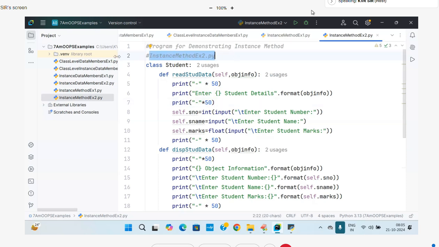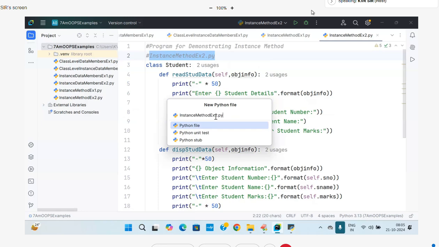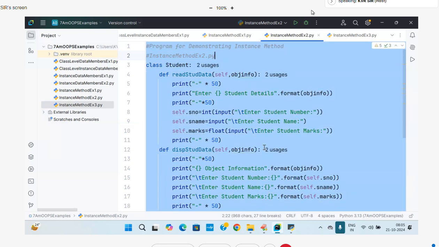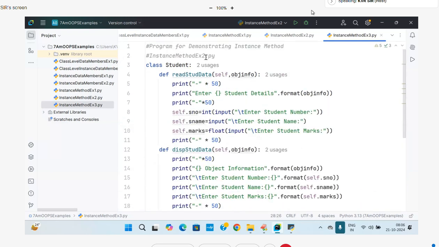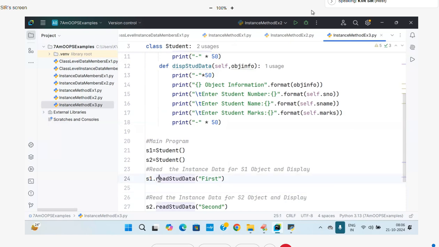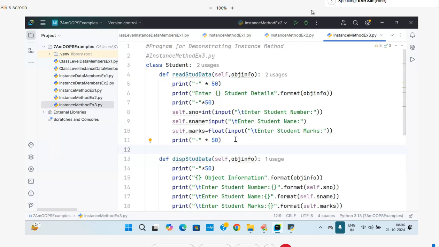Another program I am going to tell you. The same methodology in another way. 3.py. Only coming today without attending previous classes, it's difficult to understand this class. So 3.py. Here I'm going to take it. Here I'm writing S1 dot read student data. This I don't call today. What will happen? Be careful. S1 dot read student data. It will come to this place. It is read. After that, from the same method only,